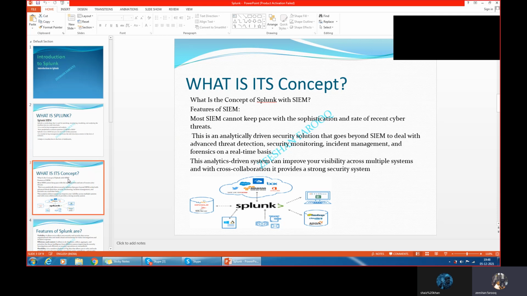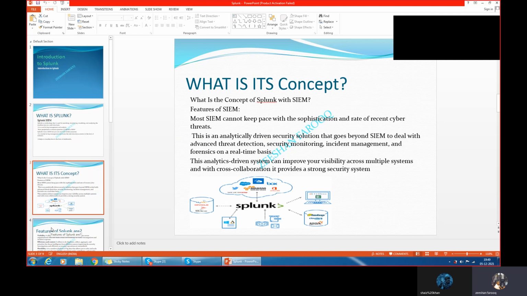Why are we using Splunk? Because Splunk has many features. It connects to Amazon Web Services. It connects for visualization purposes. It is used with Hadoop and big data. Splunk works on any kind of operating system, whether Windows or Linux. It can be used with any database, whether MySQL, Oracle DB or any other DB.